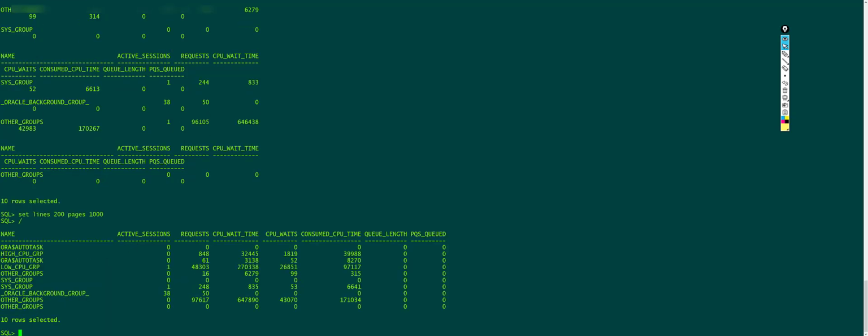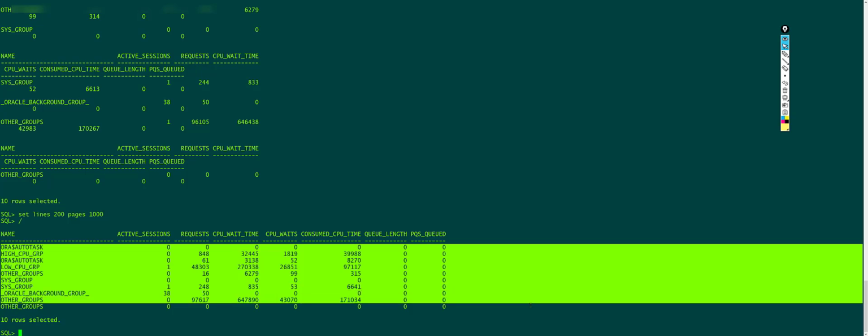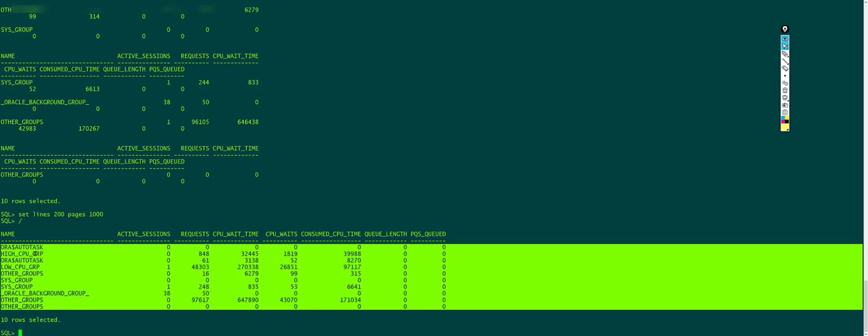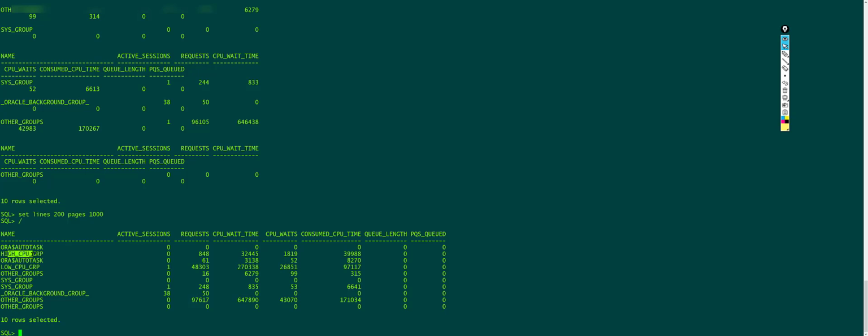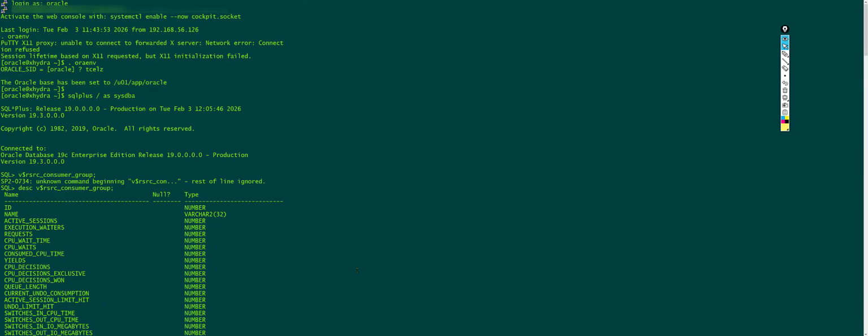So here, if you see, we have another name, Autotask, as well. Autotask is a background job, right? Previously we saw only three groups: low group, high group, and other groups. But now there are a lot of subcategories, and each group is asking for more requests, and also CPU time, CPU wait, and consumed CPU. And also we need to check the